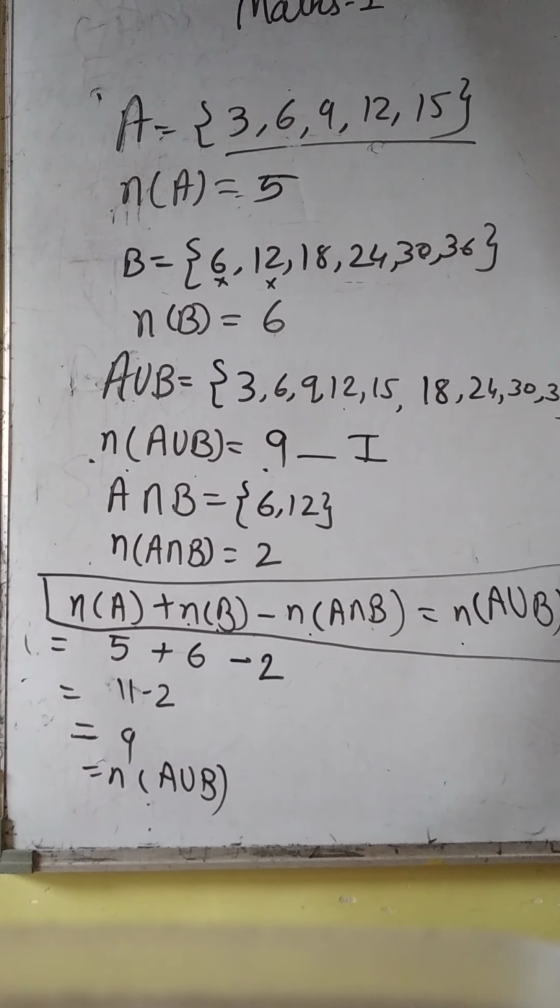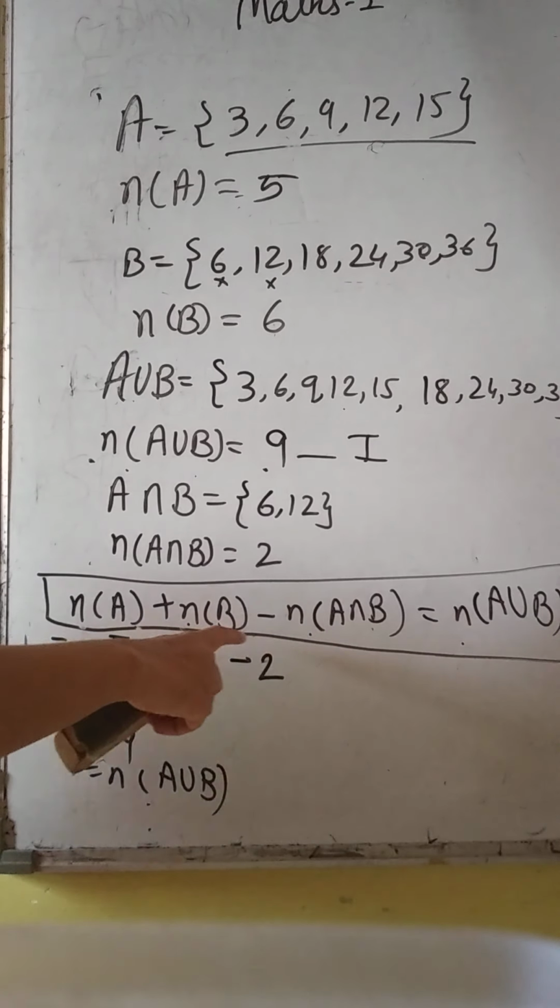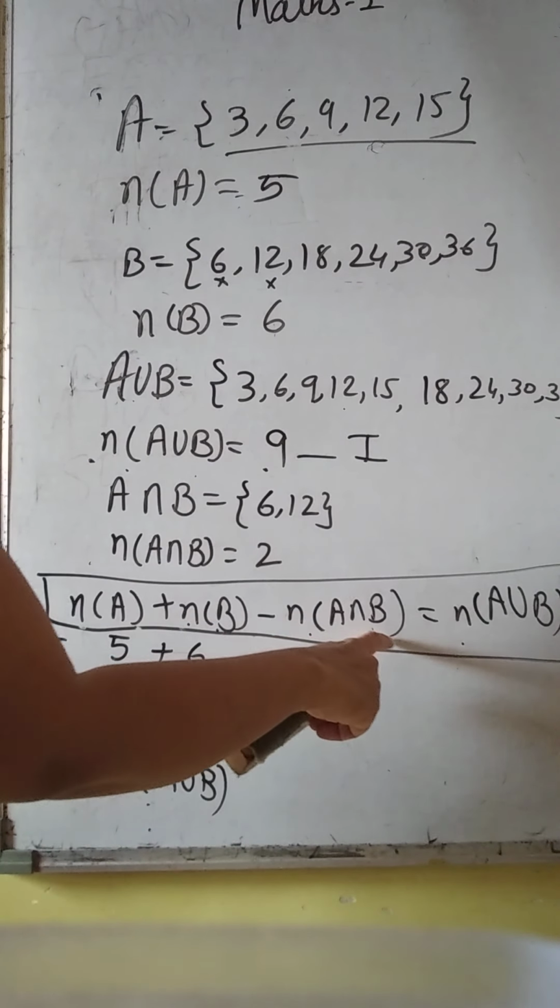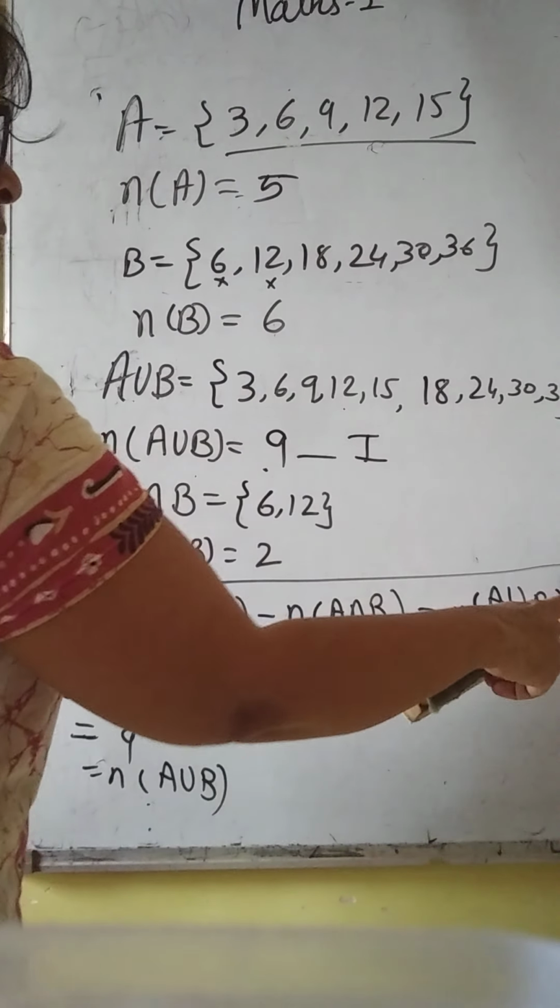We are going to see some word problems in the exercise. Yes, Josh? We have to write down in the notebook. Yes, please. Now if you are not, then just take a screenshot of that because I am going to start with the exercise. Leave a little place. Okay? The important result: n of A plus n of B minus n of A intersection B is n of A union B.